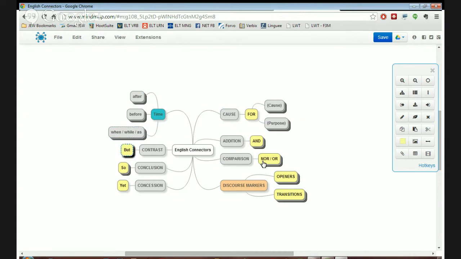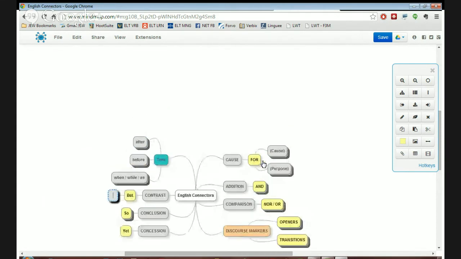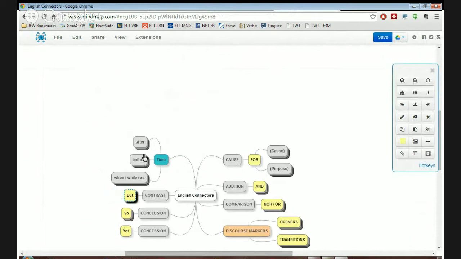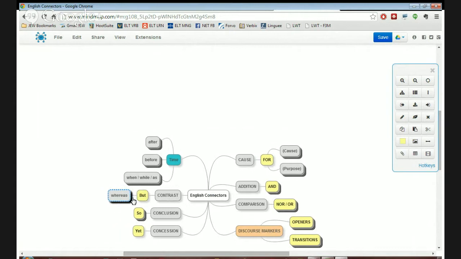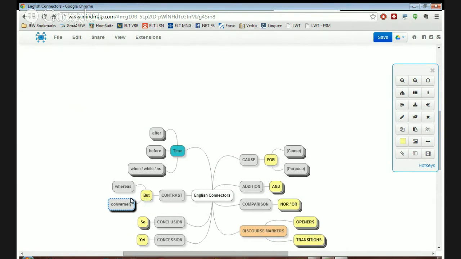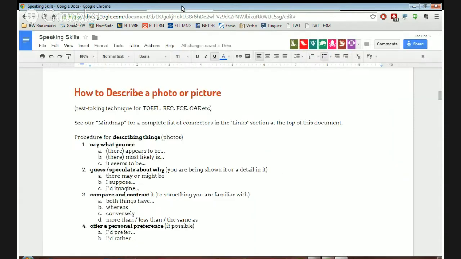Whoops. No, I didn't. So let's put it right now. Some of the words that I've used in the past are contrast, whereas, conversely. So those are two. There's a lot of these, of course. So let's put a few that we've done so far. Whereas, conversely. Those are two that are in your notes. Okay, but we've got more ways than just these. So I'm going to keep adding to the map, but you can refer to this page if it makes things easier because it's more concise.